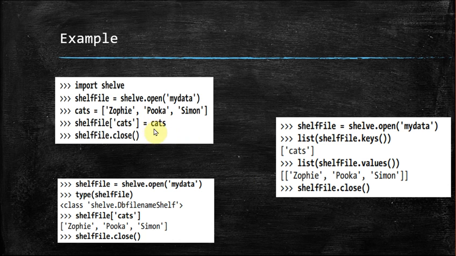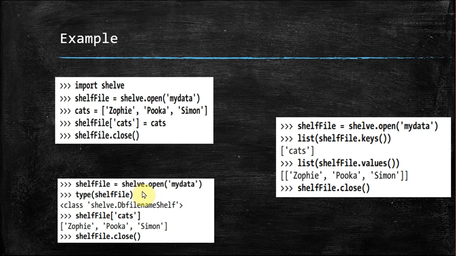Okay, so what happened in the first example? We are creating a list, and the values in the list are what you are storing into this shelf. That has happened here. Now the next thing: what did we say in the beginning? We can store the data, and whenever you want you can retrieve that particular data. So to retrieve, we can reopen and retrieve the data from the shelf files. That is what we are seeing in the second example here.